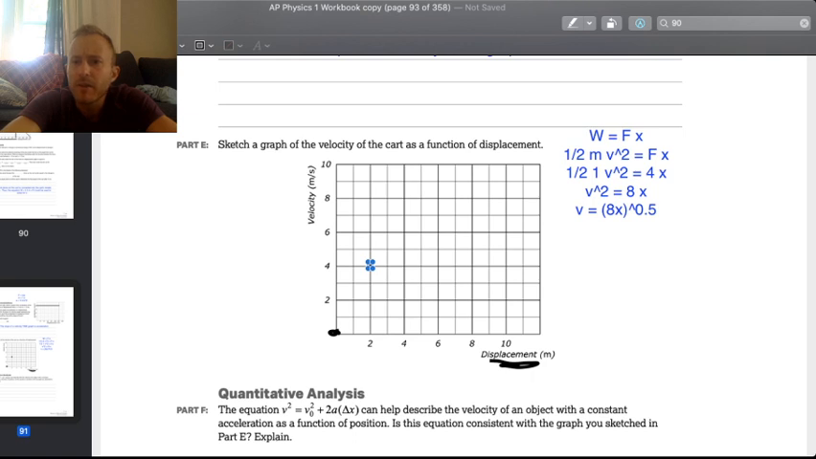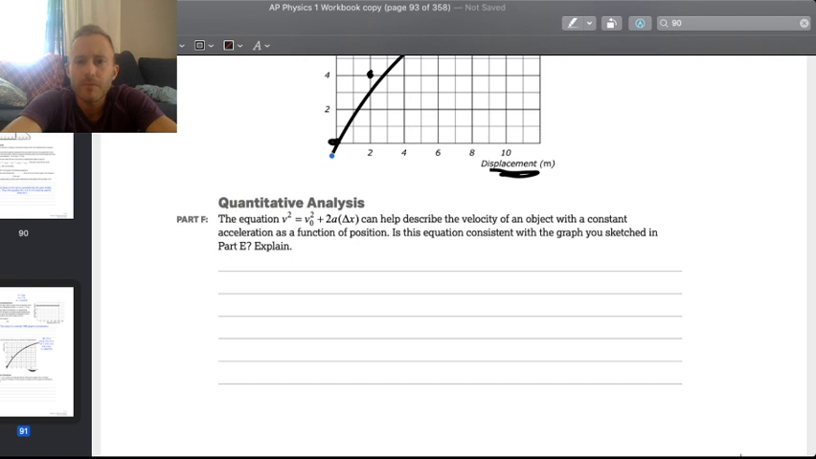What if I plug in position equals 8? Then I get 8 times 8 square root, which would just be 8. And then, yeah, so you can see the graph kind of looks like this. Kind of like that,